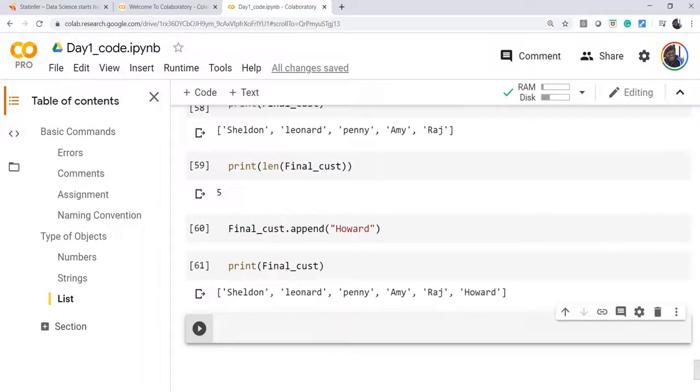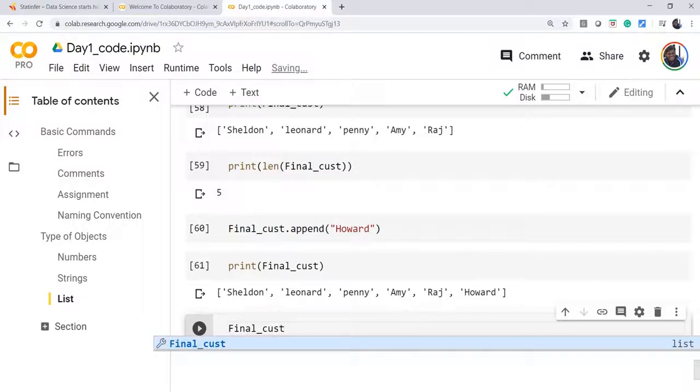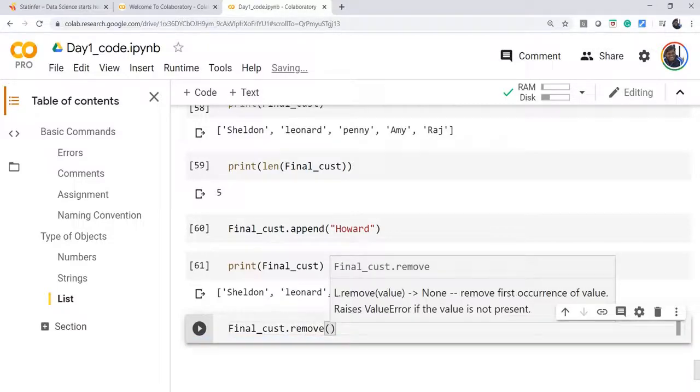There are several other functions that can be applied on lists. These functions will be very useful later on when we are creating our own custom functions or when we are solving a slightly bigger problem. But knowing these basics is very important. As it is, these small commands may not help you.